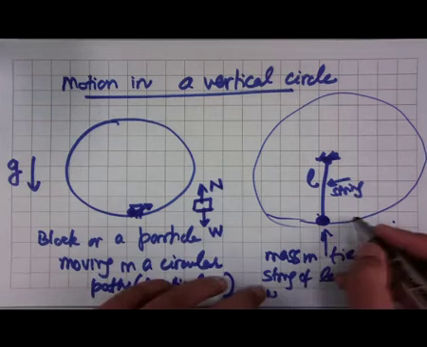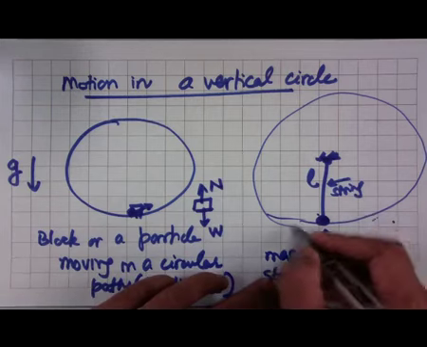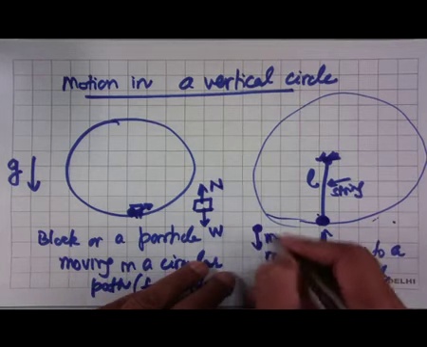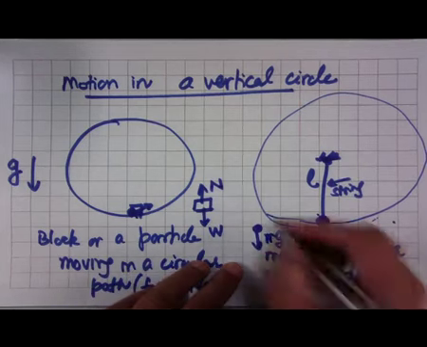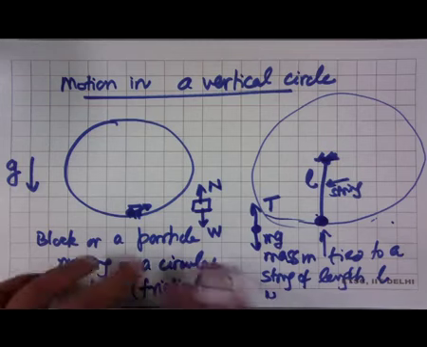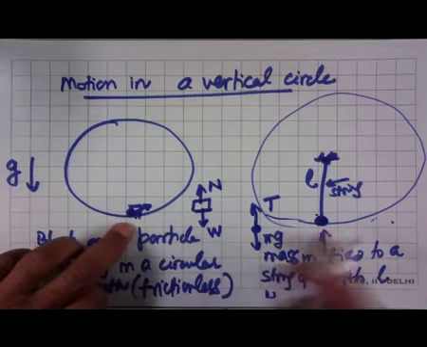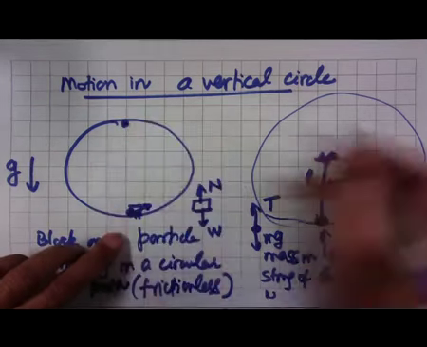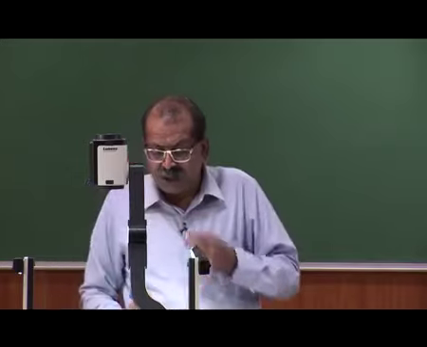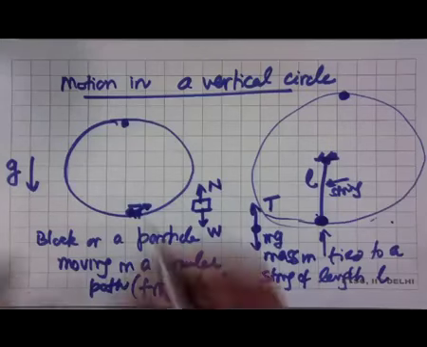Similarly, in this case of a string, if I draw the free body diagram of this mass m, we have the weight mg acting downwards, and the string applies a tension force which is equal to T. Now, this is when the particle is at the bottom. What happens when the particle is at the top? So, assuming it undergoes the full circle, when it is at the top,